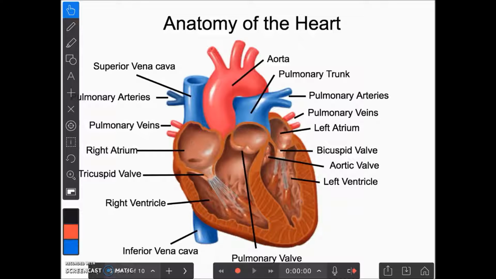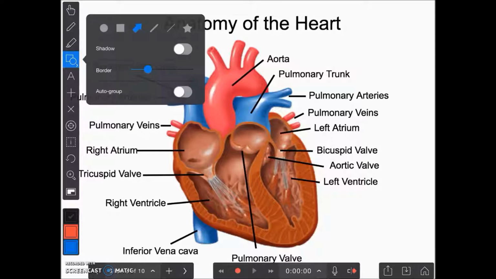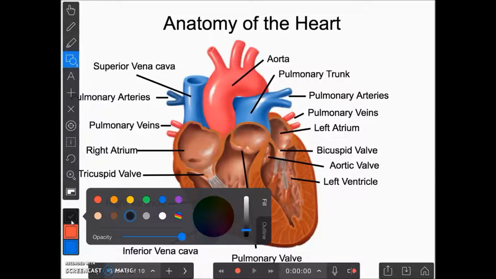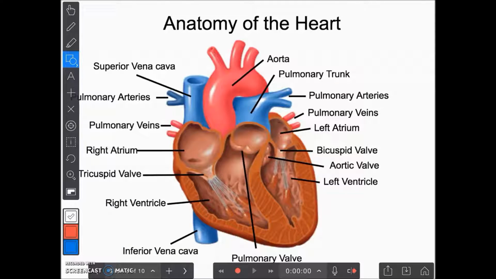First, I'm going to make some of these terms disappear. The way to do that is to select the Shapes button. When I select Shape, I'm going to choose Square. And when I choose Square, I'm going to go down below and change the color from black to white. And then I have to change the outline as well to white. What this does is, now if I drag my finger over Superior Vena Cava,